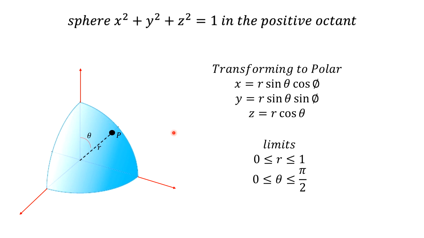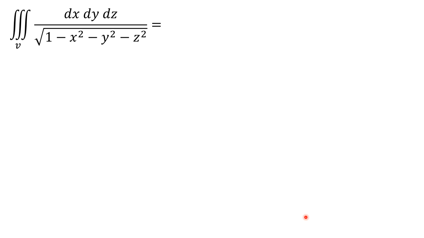Now we'll find limits of phi. To find limits of phi, let us take the projection of this point P on the xy plane. So it is here. Phi is the angle of the radius vector of the projected point with the x-axis. You can see here this phi will also vary from 0 to pi by 2. It is 0 when this projection lies on the x-axis, and it is pi by 2 when the projection lies on the y-axis. So the limits of phi are from 0 to pi by 2. So these are the limits. Now over these limits we will integrate the integral.